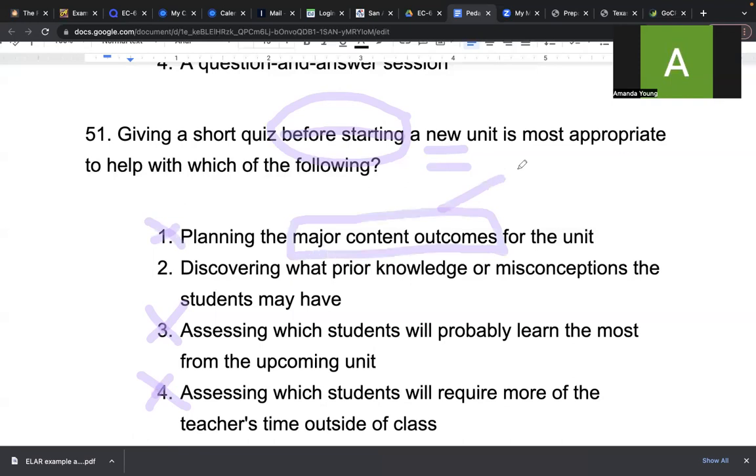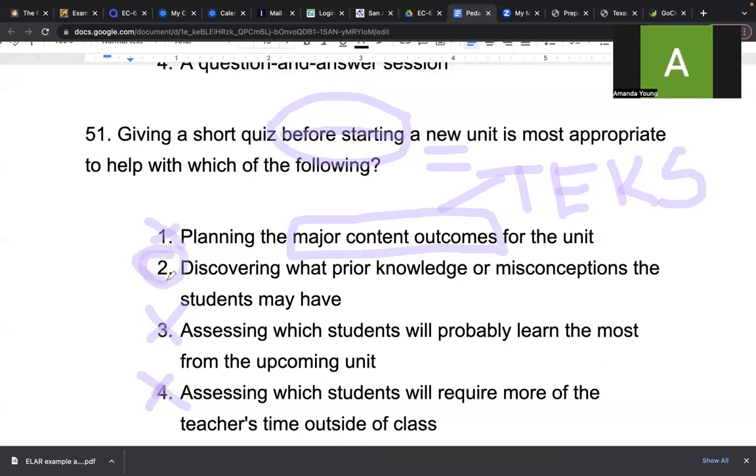Before we even gave the quiz. Yeah, they're in our what? Yeah. TEA sets that out. Like the major content outcomes, they are specifically outlined by law in our TEKS. Those are outlined. Now, deciding what they know going in,